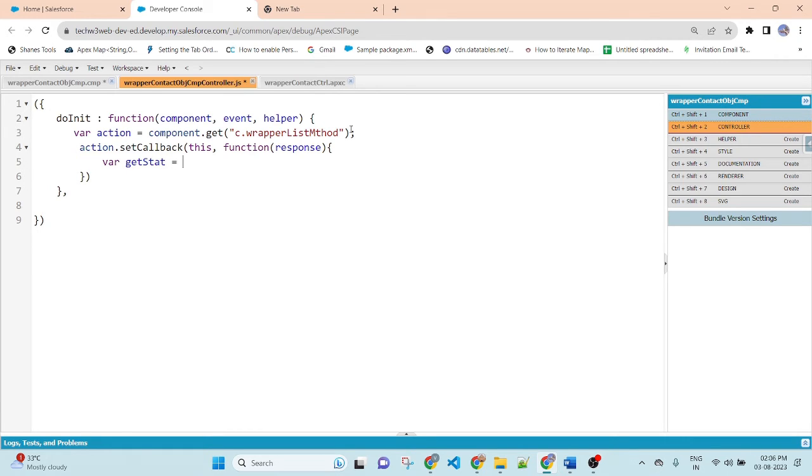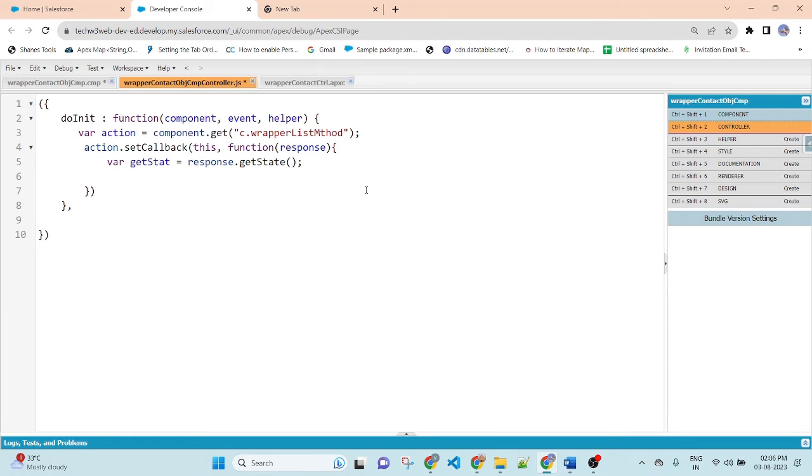Create a variable state equal to response.getState. Here I will check the state.